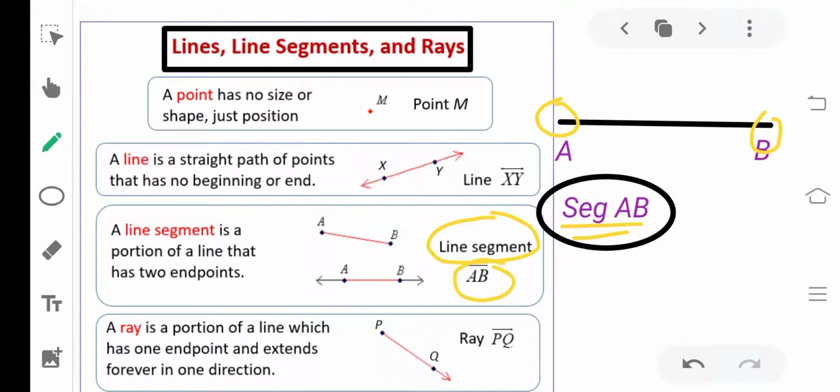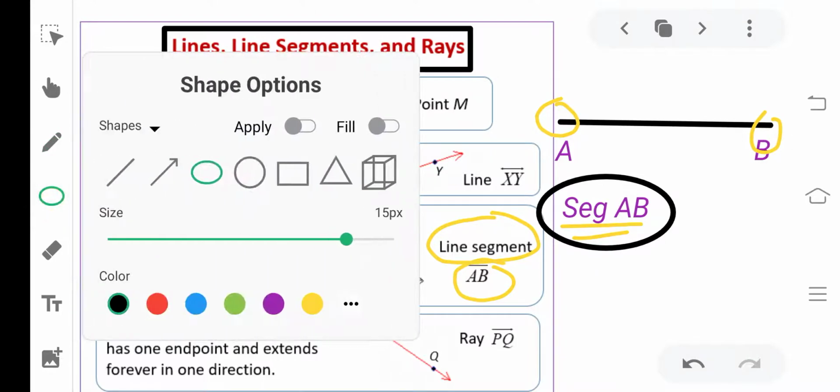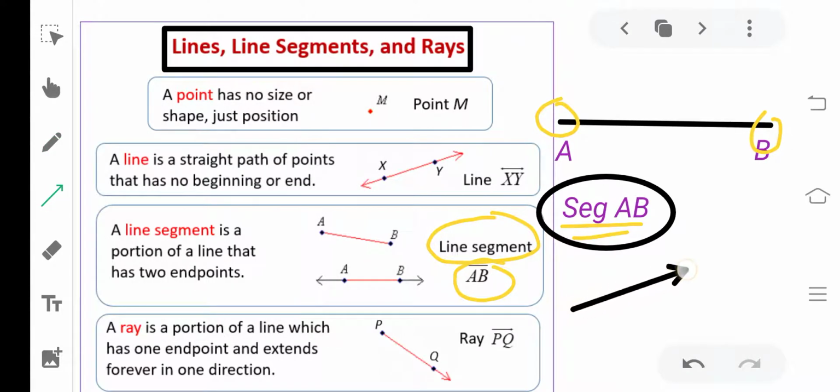A ray is a portion of a line which has one endpoint and extends forever in one direction. So see, in front of you I am drawing the ray. You should see it. See, this is your ray. Okay, and the ray has one point and the ray will extend. A better example of a ray is the sun. From the sun the rays come, means the sun is the one end, or you can say the point. Okay, and the ray means the light rays coming to the earth. You can say that these are rays.